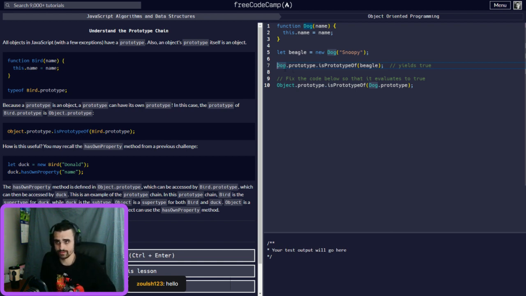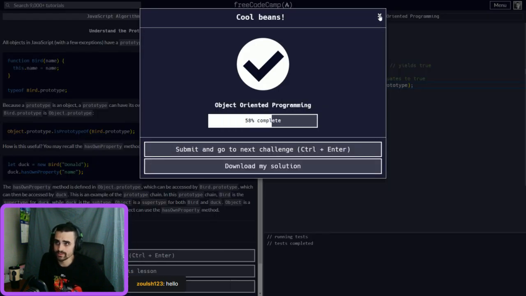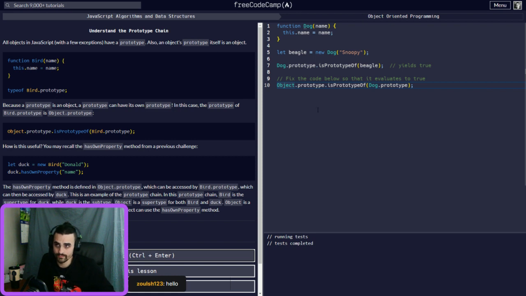So if you're going like this, it's saying that Dog.prototype is a prototype of Beagle. So Beagle is a prototype of Dog, right? So this would be true, and now you're going higher than that. You're taking Dog.prototype, which is right here, and you're saying it is a prototype of Object, which would result in true. So basically this is going to come out to true, that yes, it's an object derivative of Object.